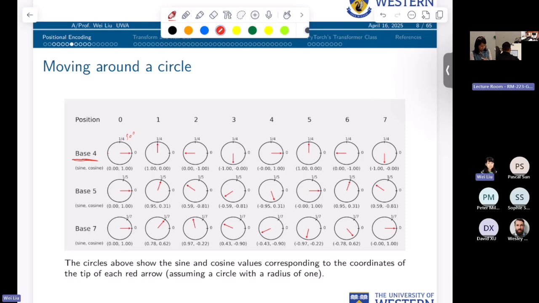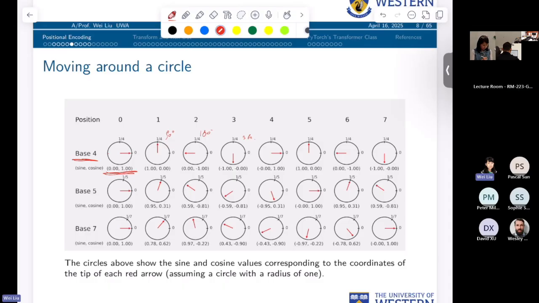So the second one is 90 degrees, and then the third one is 180 degrees, and then 360 degrees, right? So this is divided by 4, and then it repeats again, right? But then I have 2 values. I take the sine of 0, and then the cosine of 0 to get this vector